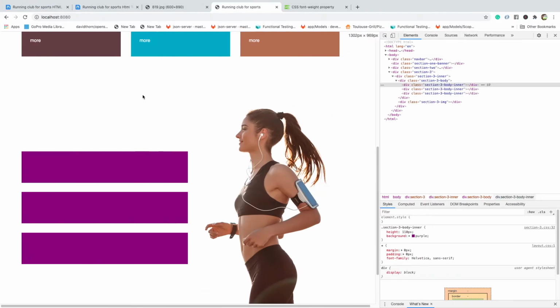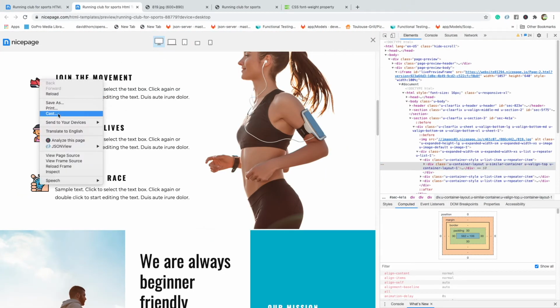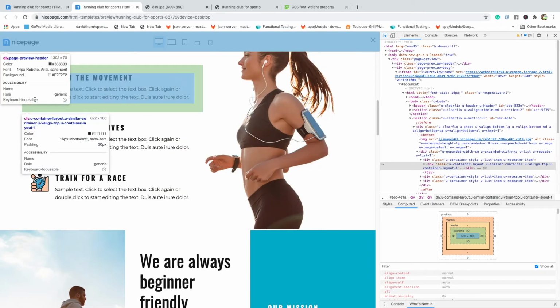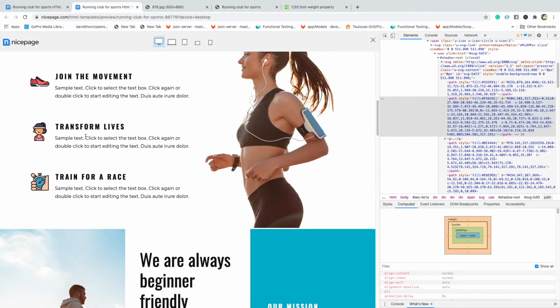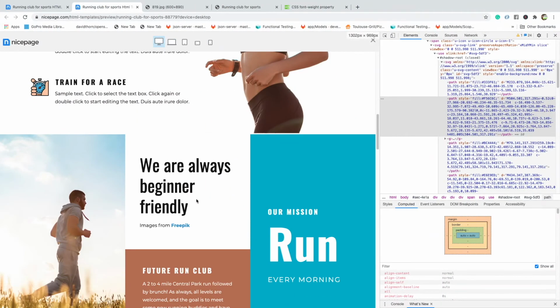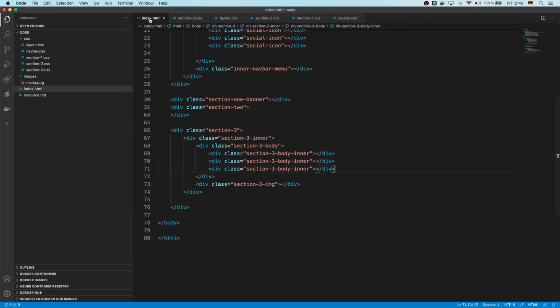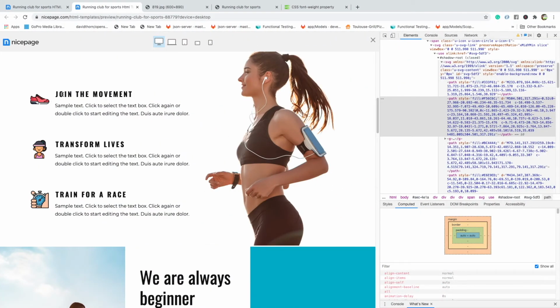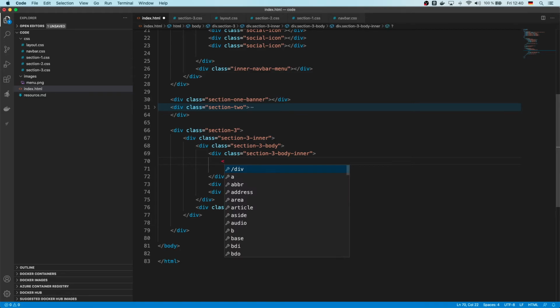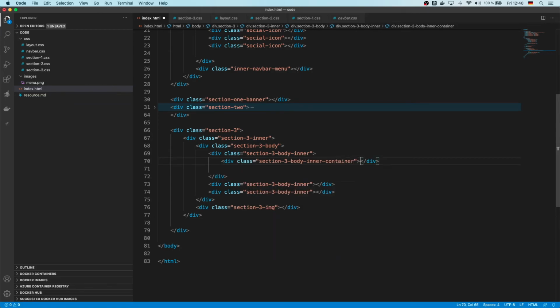Now we just need our icon. So let's say, gets another one. Right, so I'm not going to be able to copy that. Right, so now we need to add some columns in here. So we have the section 3 body inner, and then this needs another section 3 body inner container, we'll call this container,